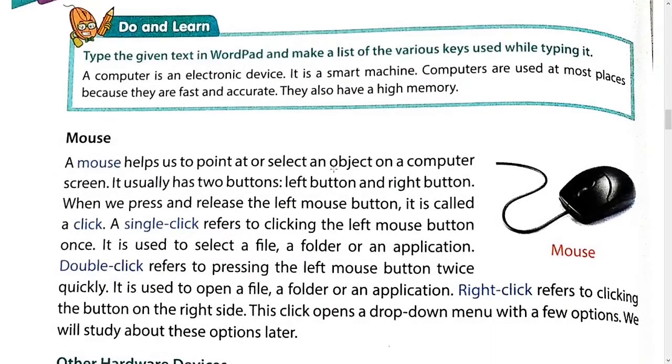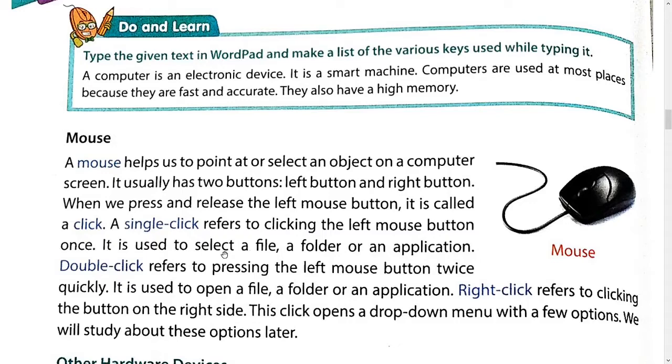Then mouse. You can see it looks like a mouse because it has a tail. A mouse helps us to point to or select an object on the computer screen. It usually has two buttons, a left button and a right button. When we press and release the left mouse button, it is called a click or single click. A single click refers to clicking the left mouse button once, and a single click is used to select a file,